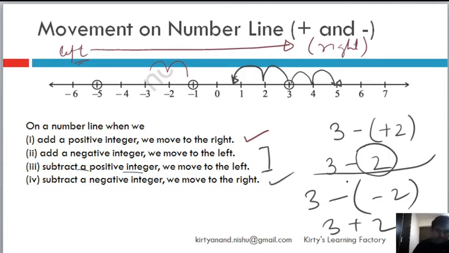So a simple thumb rule from my side is, read the statement, okay, and if you are confused, then see what happens if the opposite of it were to happen. Okay, so for example, if you get confused that subtract a negative integer, I don't know, man, what happens if I subtract a negative integer. So I say, okay, let me check what happens if I subtract a positive integer, and I see that yes, when I subtract a positive integer, okay, if I subtract 1 from 2, it becomes 1, which means the value is decreasing. Therefore, if I subtract a negative integer, the value will increase. If the value will increase, we will move right. Okay, that's the way to avoid confusion.